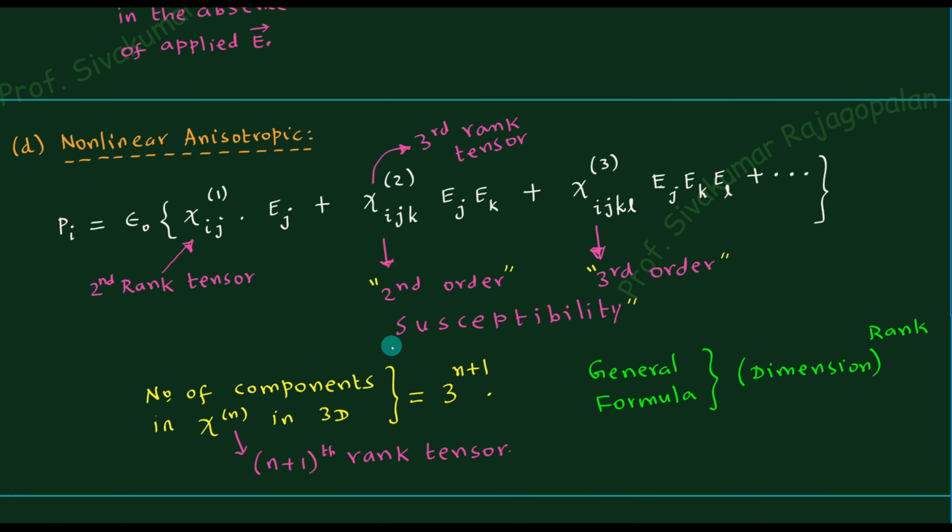So if you ask how the third rank tensor will look, it is a 3 by 3 matrix, but located one behind the other. It is like 3 sheets of paper. I have 3 sheets of paper, and in each sheet of paper, I have a 3 by 3 matrix. That is how you have to visualize it.